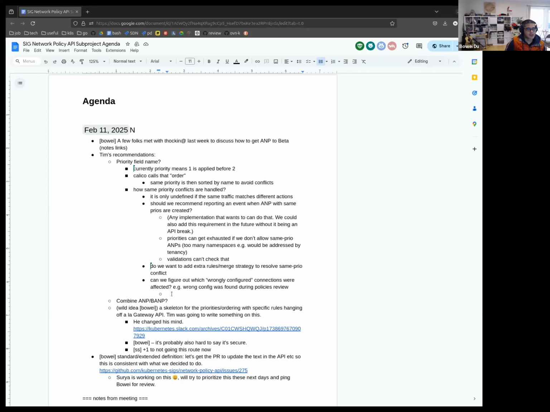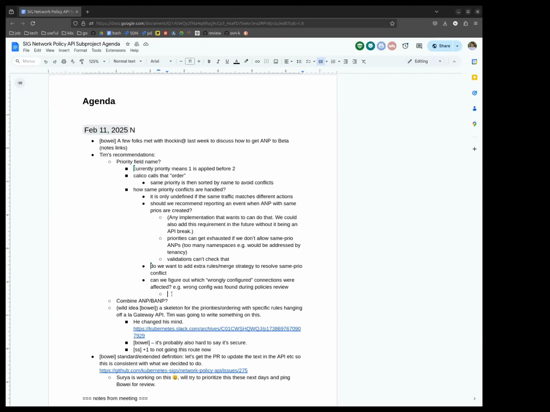I guess my question is, can we do better? Having been involved in writing some of these security postmortems, it's scary when someone has configured policies wrongly, right? And I mean, it's not really guaranteed that you get wrong configuration at the same priority. Let's say something was wrongly allowed just with a higher priority.